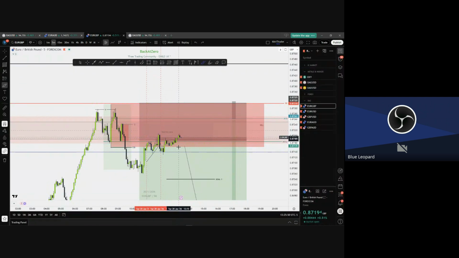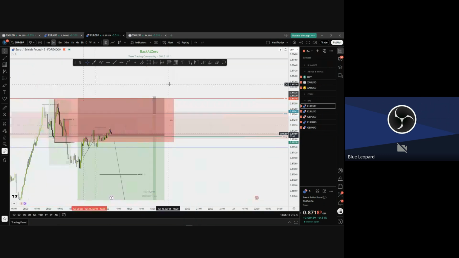Now, there are still some stop losses here. That's the max price can do, the maximum amount the price can do. And it will sweep here, create another reversal, and then from there go down. That's what I'm expecting to see. But I don't care. Why? Because my sell setup is bigger than all that.